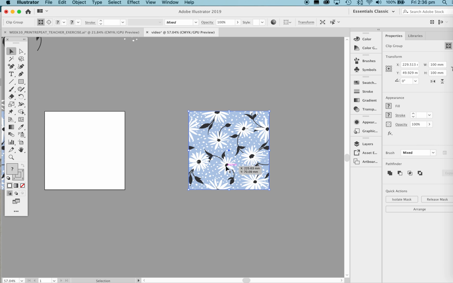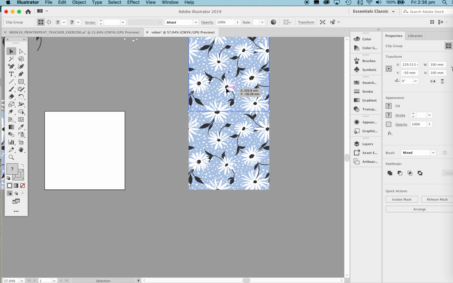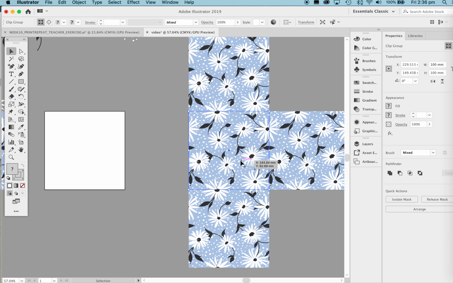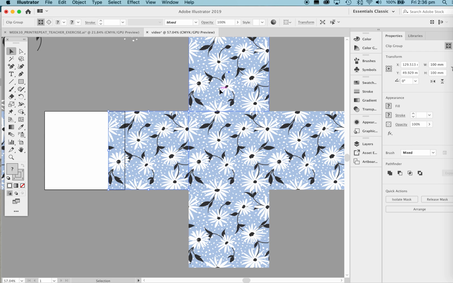So I'll copy and paste each to each side, and you'll see what I mean. I'm just using Option or Alt and Shift at the same time. You can see, and I can drag them off to the side, and my smart guides help me snap it into place, and here, and here,